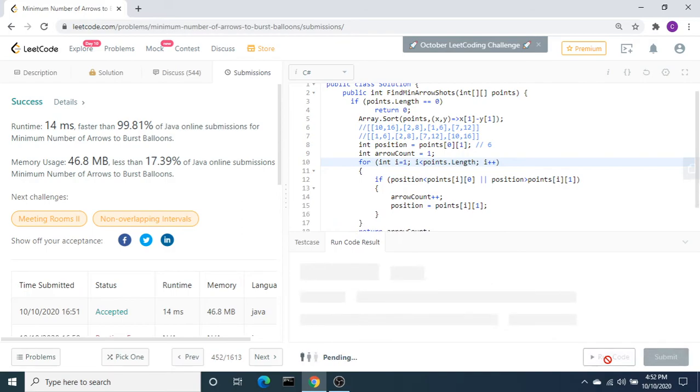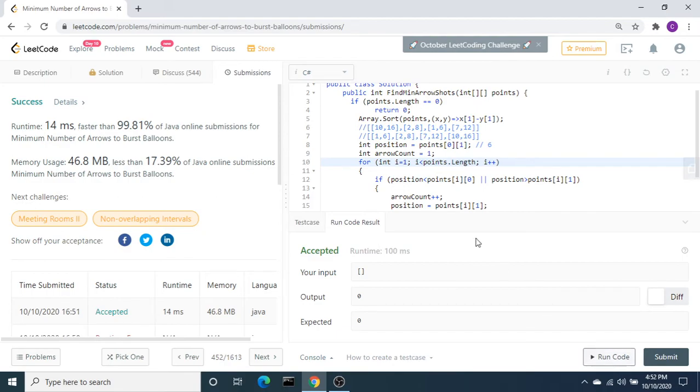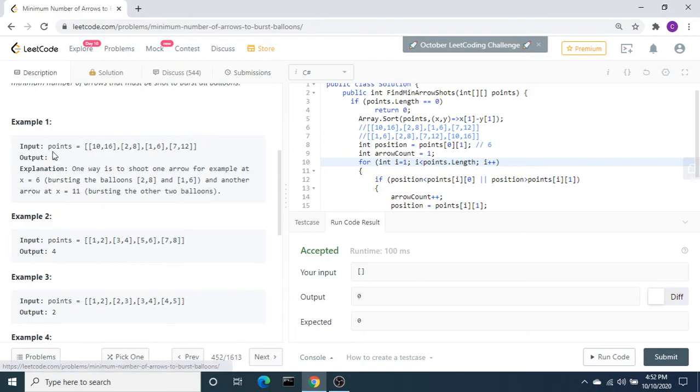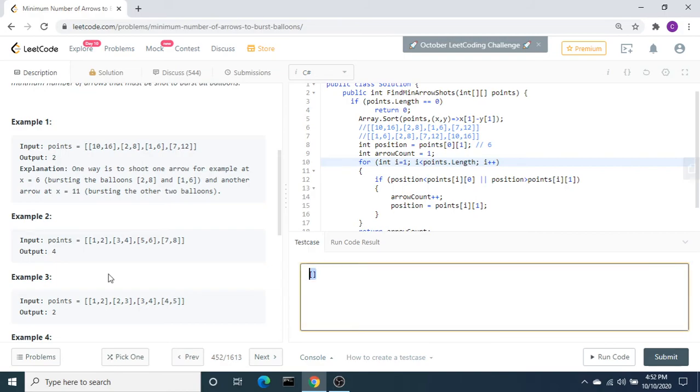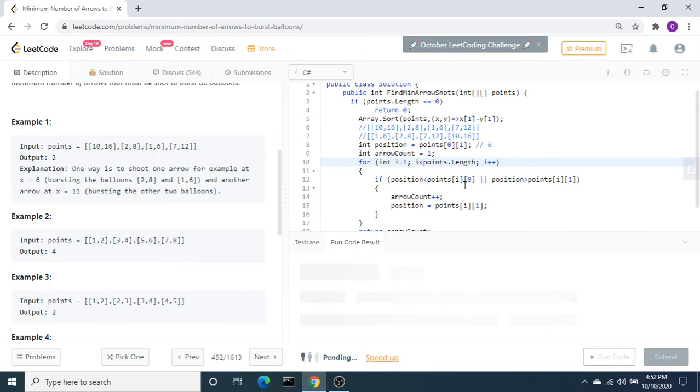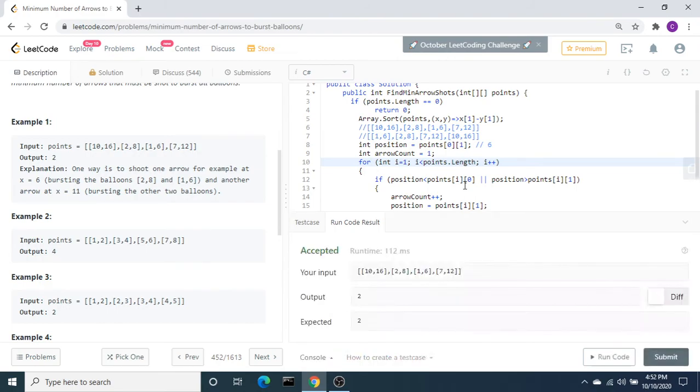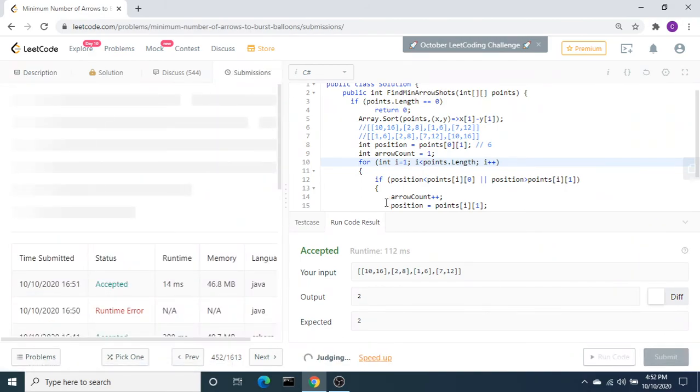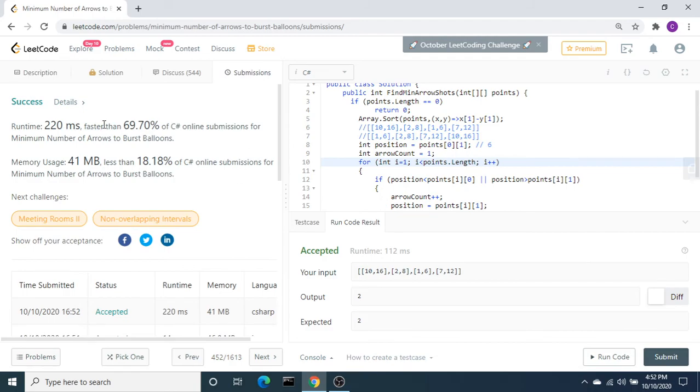Let's run the code. It is successful for the empty array. Let's also test using this input. It is accepted. Let's submit. It is a success. It took 220 milliseconds, which is faster than 69.70%.